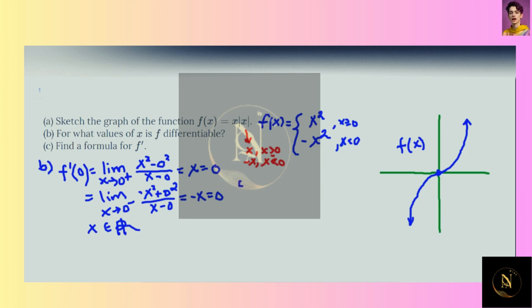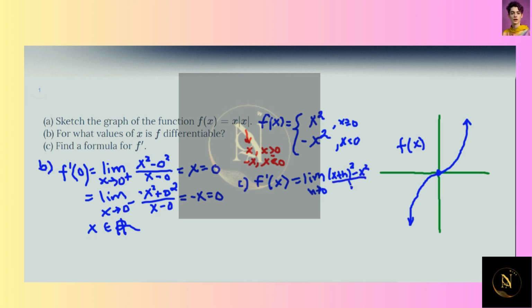Finally, part C is what is the formula for f prime? Well, we essentially do the same procedure here, and we want to find f prime of x, but we have to do it for two cases, one for the region x is greater than 0, and one for the region x is less than 0. So we're going to take the limit as h approaches 0 of this function evaluated at x plus h minus the function itself